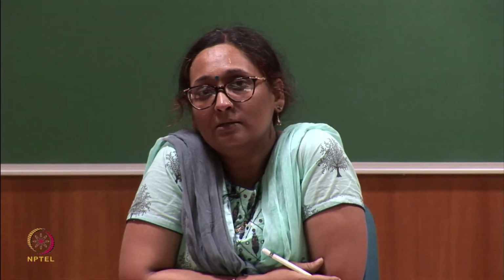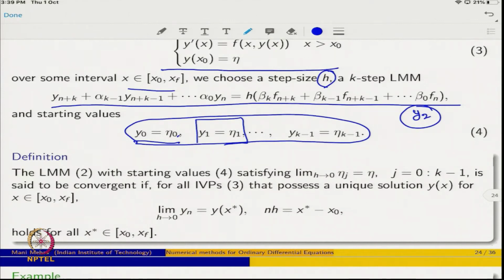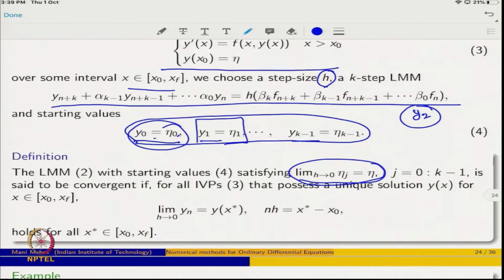So, from the initial time to come to y1, you have to use another single step method. Now, let me see the definition of convergence of a k-step method. The linear multi-step method with the starting values satisfying this, meaning all the approximations which you would have made (of course, the initial value is exact because you do not make any approximation to the initial conditions), is said to be convergent provided all the approximations converge to the initial conditions, that is what we have seen.